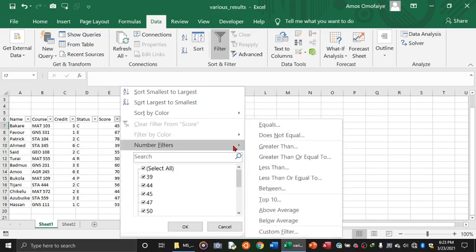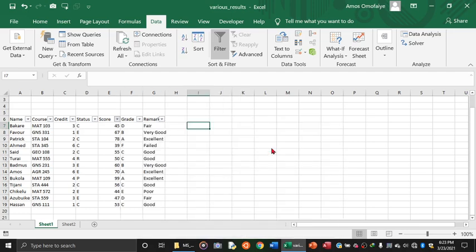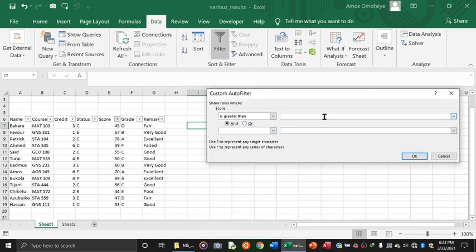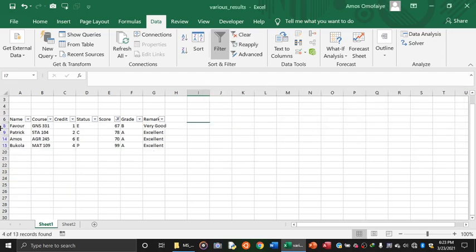So with this number filter, I say, okay, people that score greater than 60, they want to give them some award. So greater than 60, I'll come to greater than, you know that's number filters. I say greater than, let me say 60. Okay. So it's greater than 60, then I can click OK. And you can see, I'm left with those that are greater than 60. Only 4 persons scored greater than 60, and